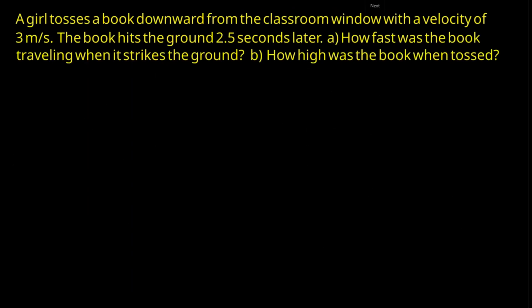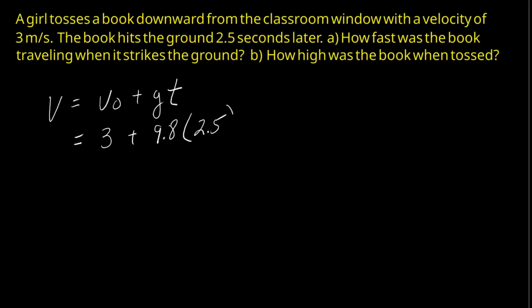In this problem, a girl throws a book downward from a classroom window at 3 meters per second and it hits the ground in 2.5 seconds. Using the formula for final velocity, we can calculate the velocity. It's going to be 3 meters per second plus 9.8 times 2.5. Okay, this would give us